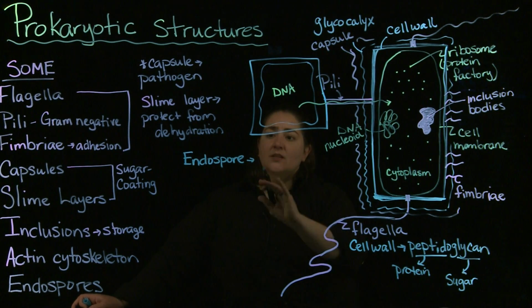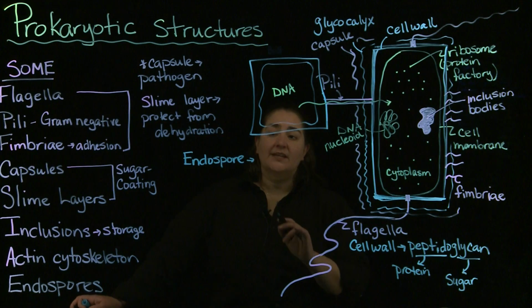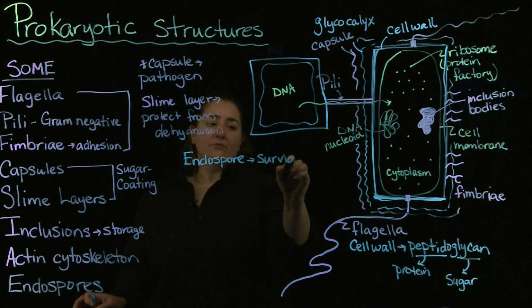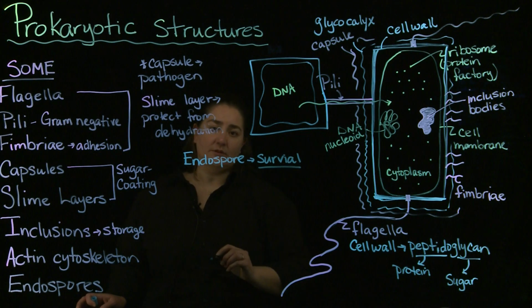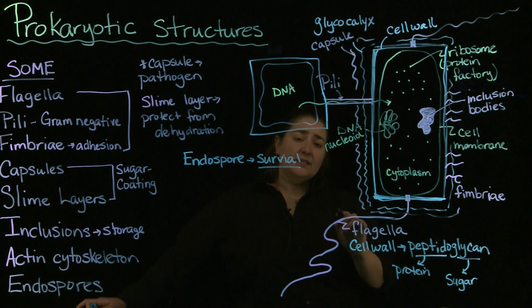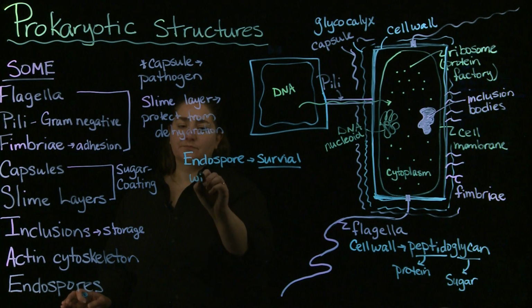No. Endospores are not a reproductive structure associated with bacteria, all right? Endospores allow for survival, okay? What those endospores do is they form a protective coat around the bacterial DNA so the bacteria can withstand